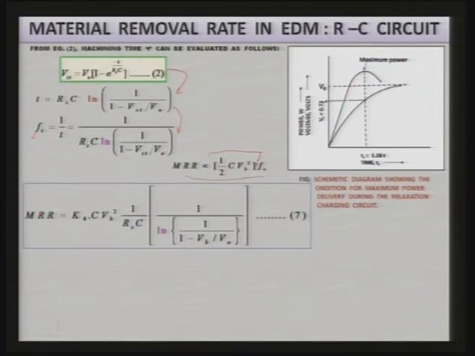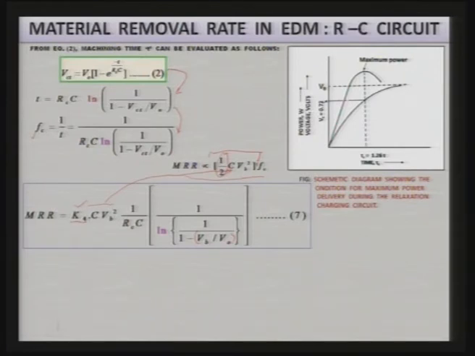So, if you simplify this, you will get MRR is equal to K4, the constant of proportionality, times C V_v squared, and 1 by R_c C, times 1 over ln of 1 over 1 minus V_v over V_0. Here this 1 by 2 has been included in the constant of proportionality K4, that is to be taken care of. Otherwise, if you are using it separately, then the value of K4